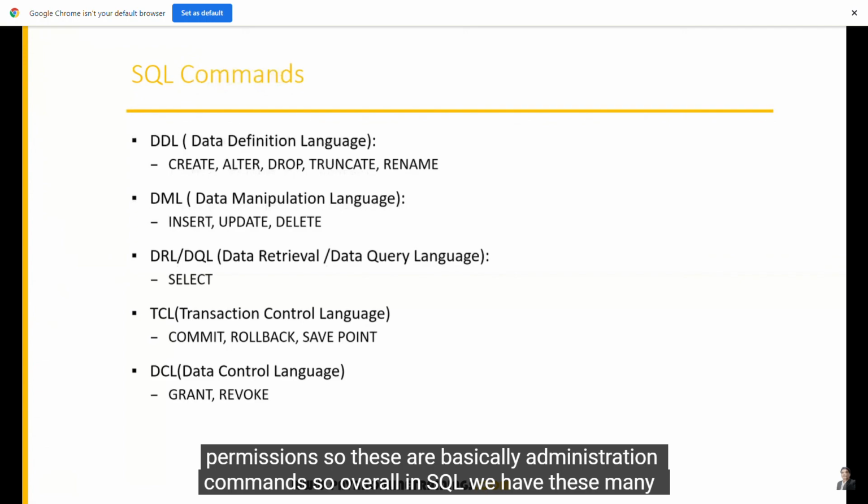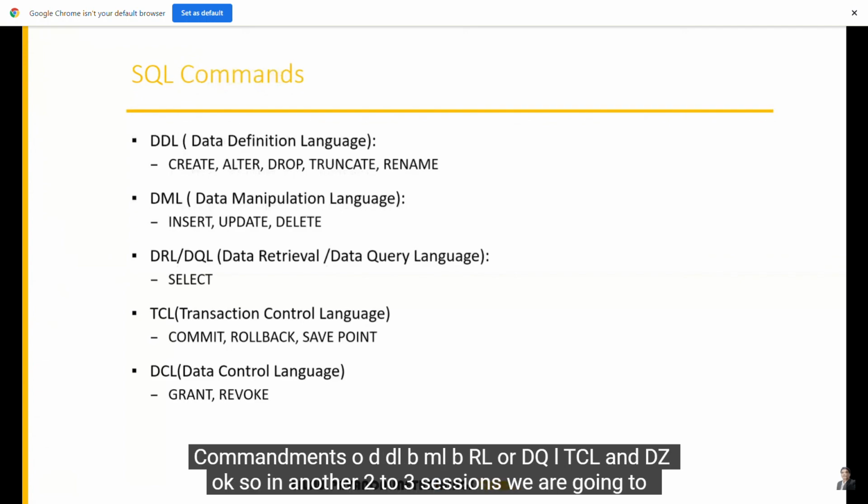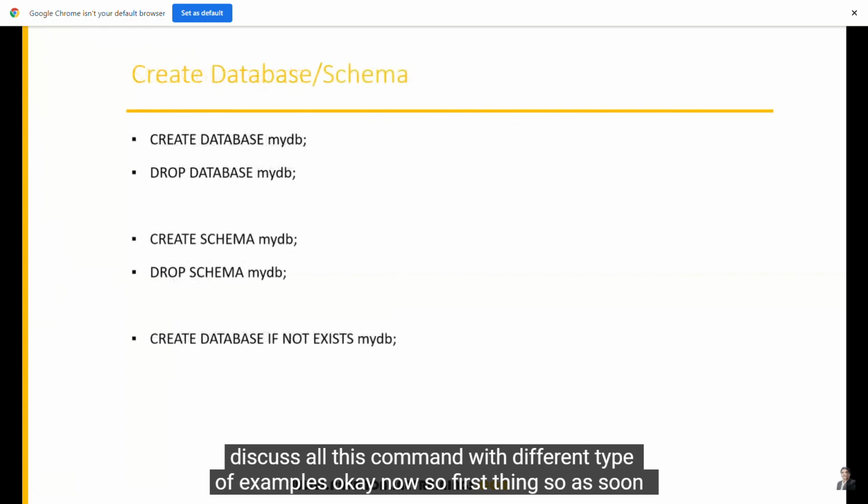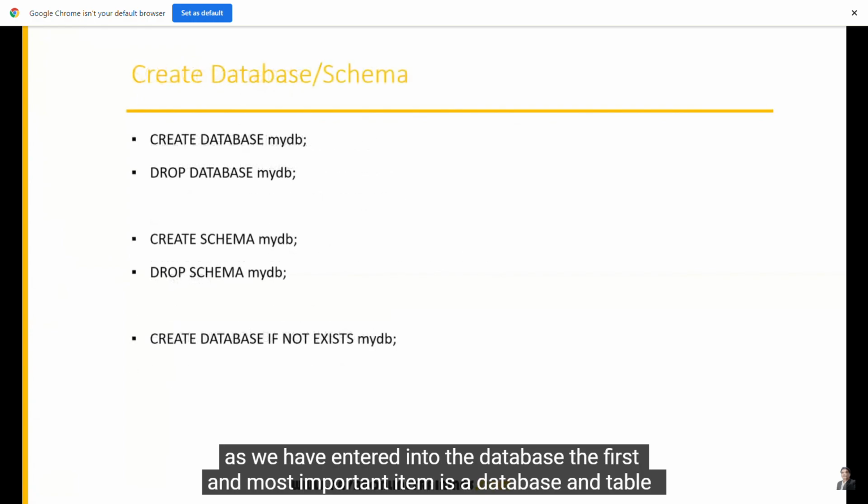So overall in SQL, we have these command categories: DDL, DML, DRL or DQL, TCL, and DCL. In another 2 to 3 sessions, we are going to discuss all these commands with different types of examples. Now, as soon as we have entered the database,